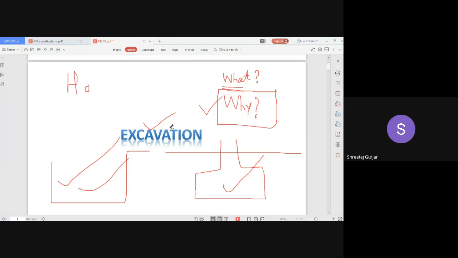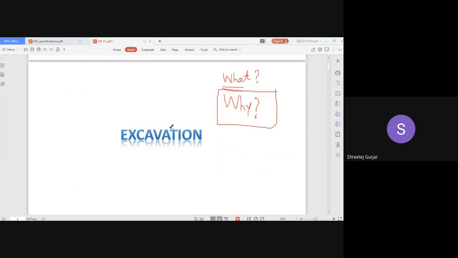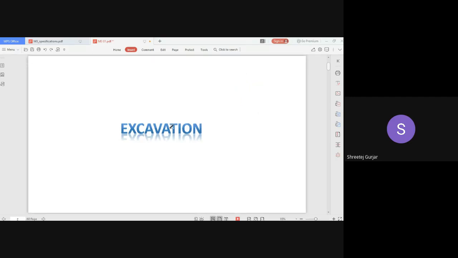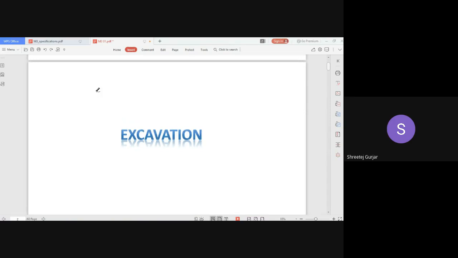Can you tell me what do you use to excavate? What are the methods that are used for excavation? Basic two methods are used. It is manual excavation, or you use equipment or machinery. If you are dealing with large quantities of excavation, you use machinery, otherwise you can use manual labor. We have two types, so you can specify which type of excavation you prefer in your specification document.